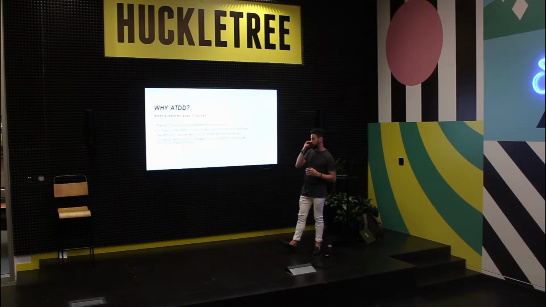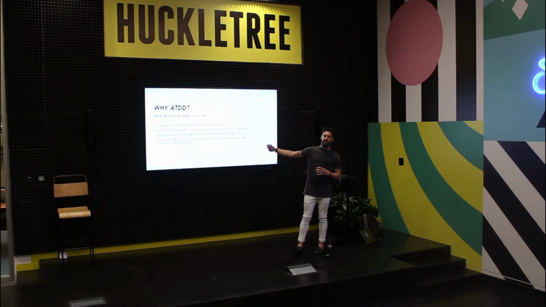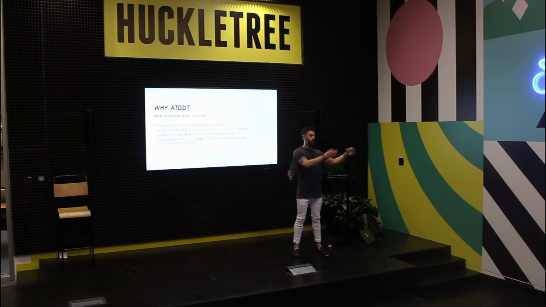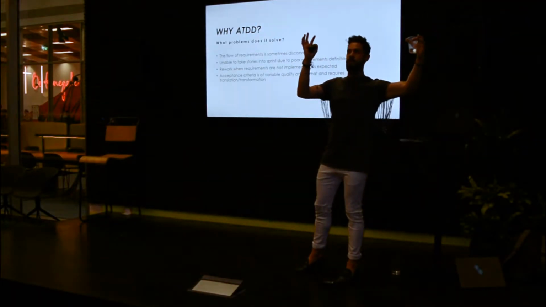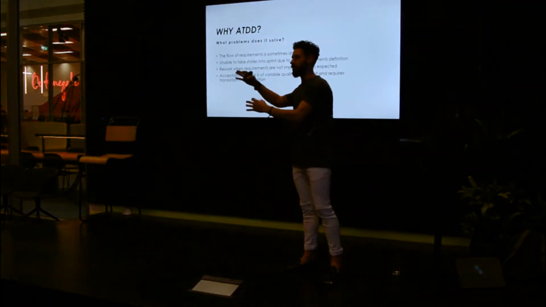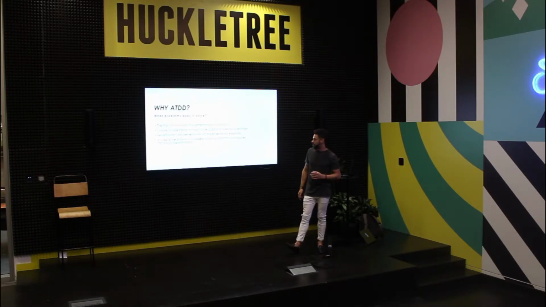Acceptance criteria. So we want it to do this. It's of variable quality. What you want is to know that what you've delivered is exactly what was asked for, basically. Sometimes you need to translate these things, transform them from one format into another. You take a 17-page vision document and you turn it into 17 individual functional tests, which takes a person to interpret that.